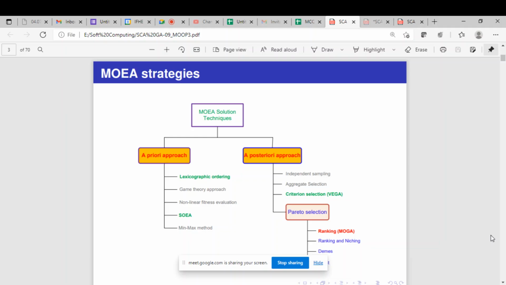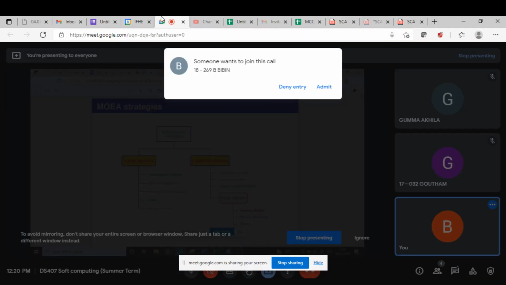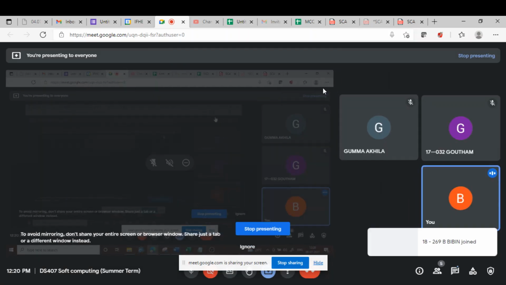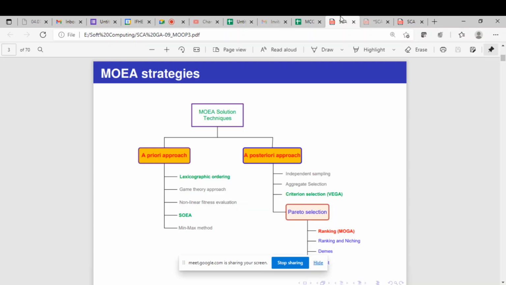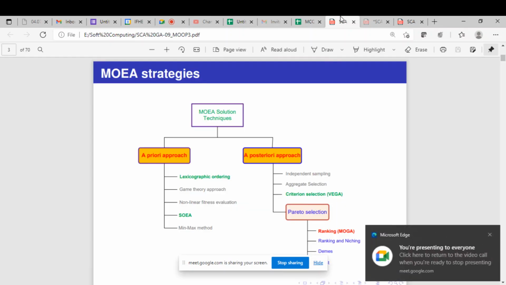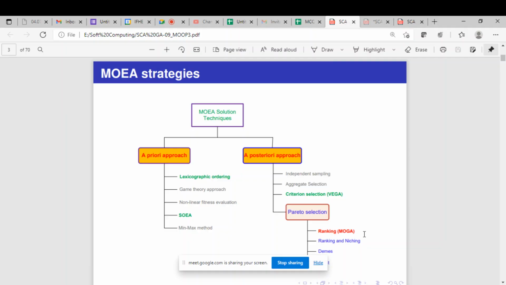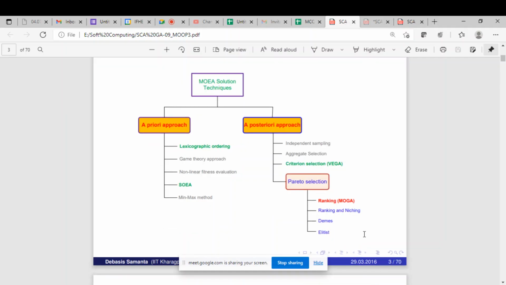So we have discussed different ways of categorizing these algorithms in the last class. There are basically two ways of classification. One is a priori approach, posteriori approach. Otherwise, these algorithms can also be classified as Pareto based approach and non-Pareto based approach. We are not discussing all the algorithms, we are discussing a few algorithms. So we have discussed lexicographic